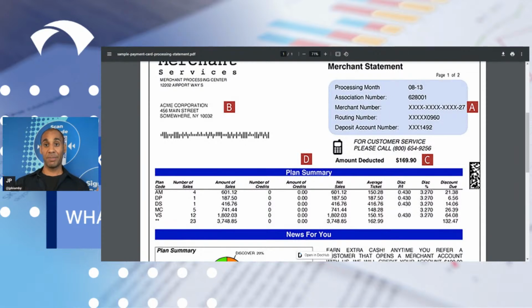Most merchant statements don't look like this. This is just an example merchant statement I'm using to show you exactly where on the merchant statement these different items will be and what they are. If you have a merchant statement that doesn't look like this and you need help making sense of where things are, schedule a meeting with us and I can help you identify those things. For example, what you could do is, let me throw that up on the